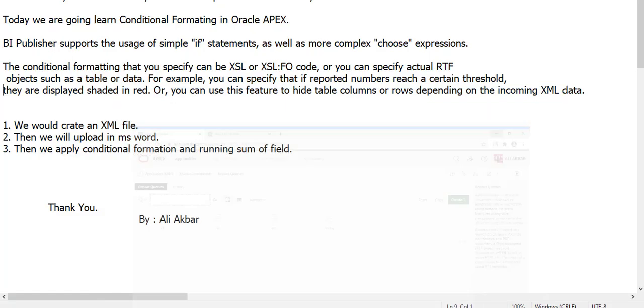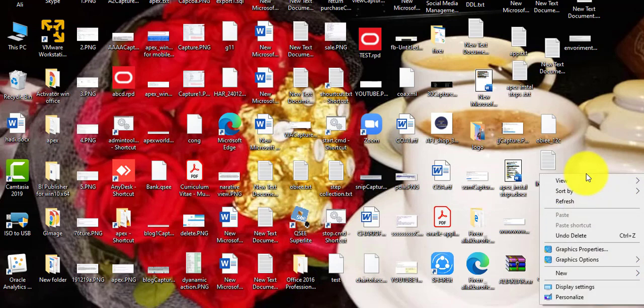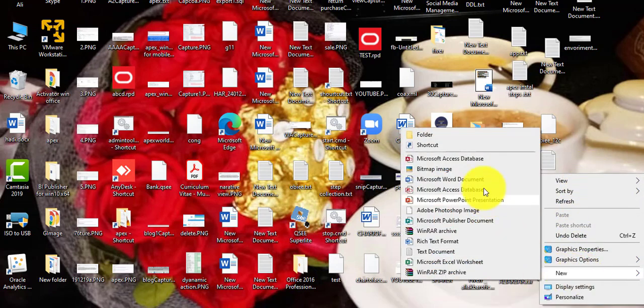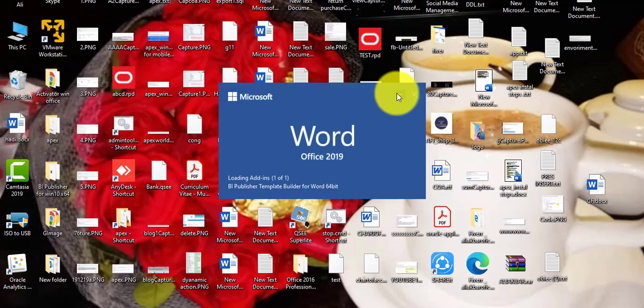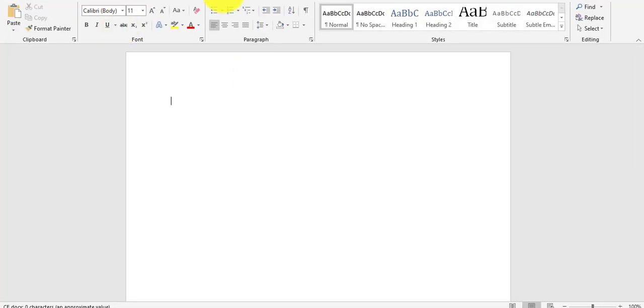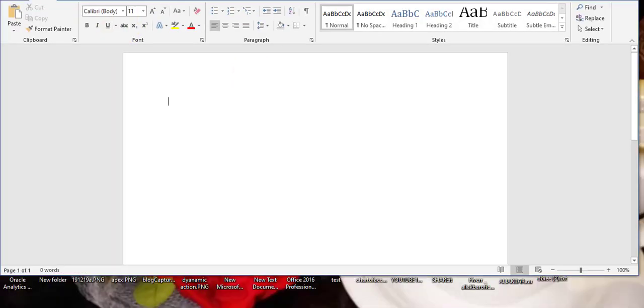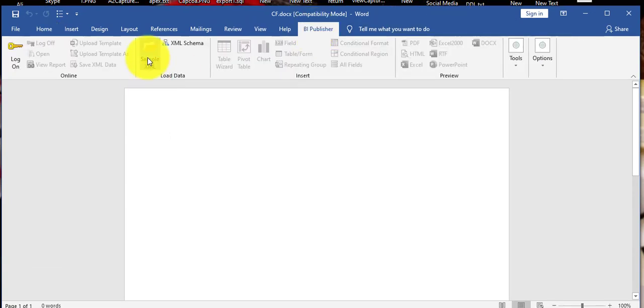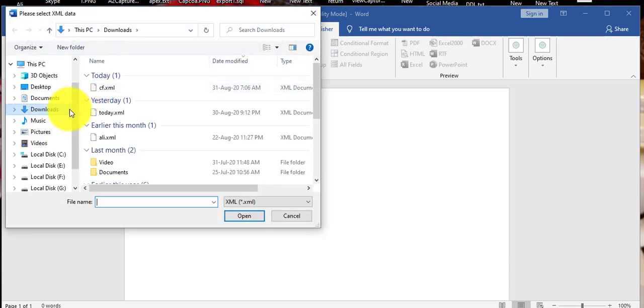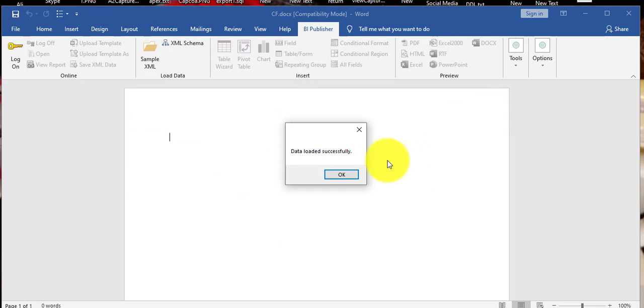Now I'm going to the desktop for creating the RTF, CF, opening the MS Word file. I'm going to the BI Publisher tab, loading data, sample XML, CF, open.